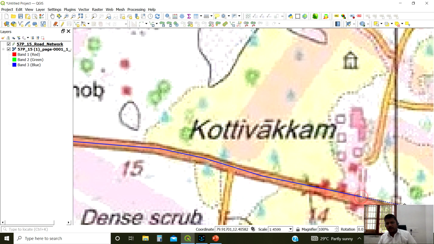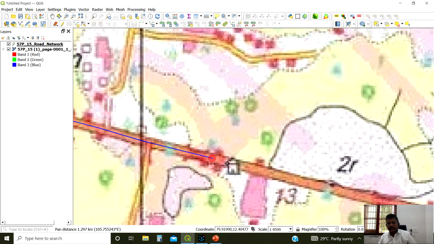If I capture only one edge like that, what will happen? So I have to give backspace. If I unnecessarily moved like this, I can give backspace to come to its original location. Then I can capture by left click on the mouse.